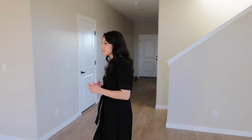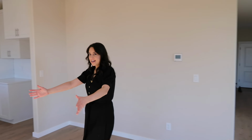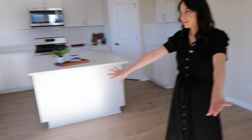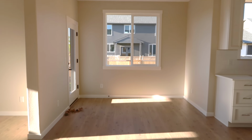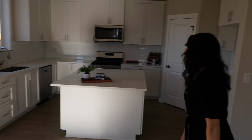But anyways, I really love how this room opens right up into the dining room. But the dining area has its own little nook here. So it feels like it's its own room, but also it's still joined with everything. And then the kitchen,